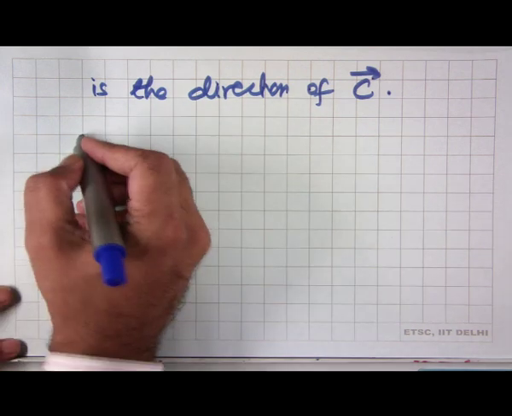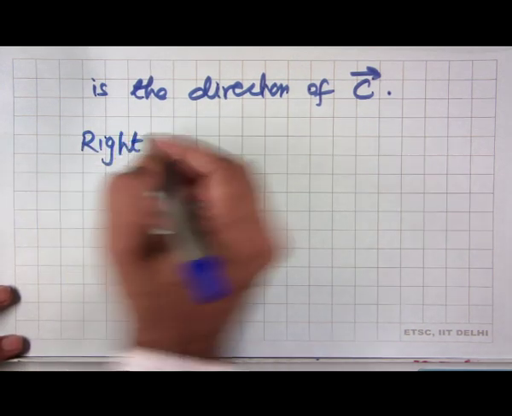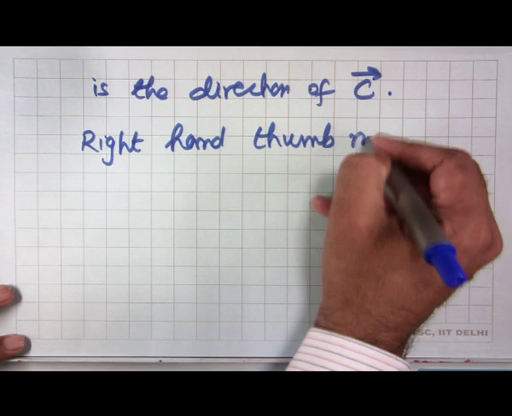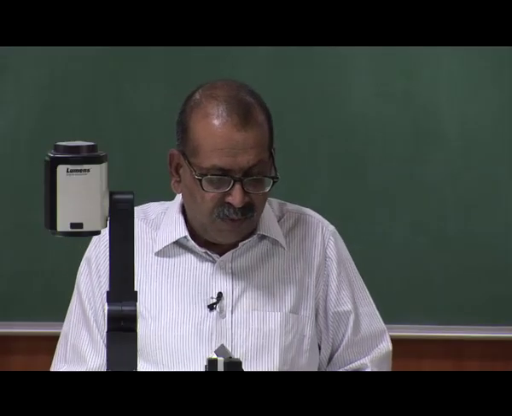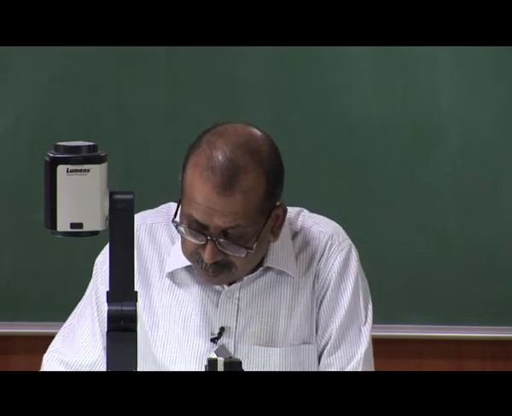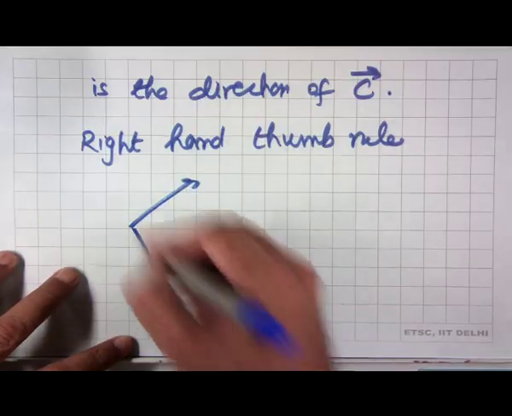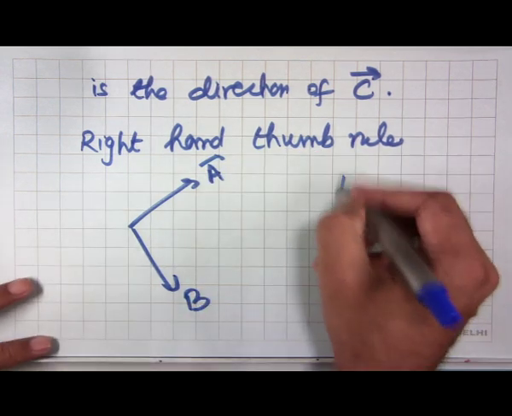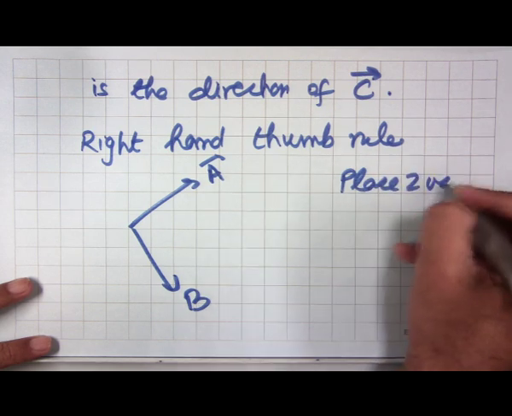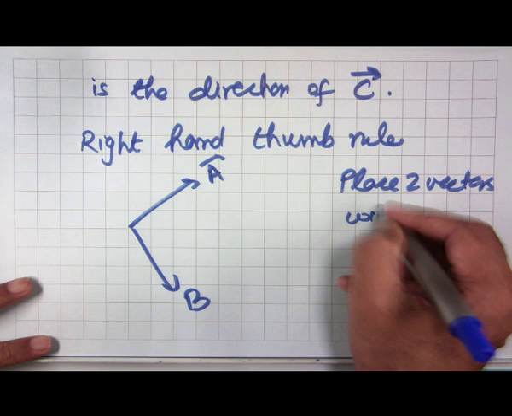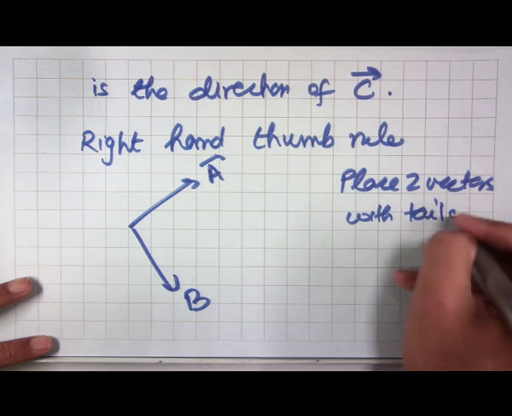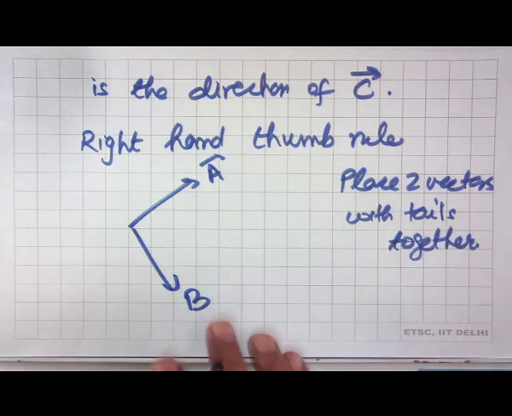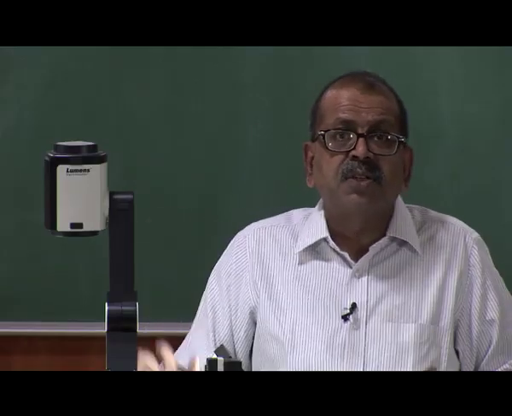thumb rule, which is easy to see for everyone. So, what we do is we place the two vectors, this is vector A, this is vector B, we place the two vectors with tails together, and now notice when we are doing this, we have to carry out this exercise with the right